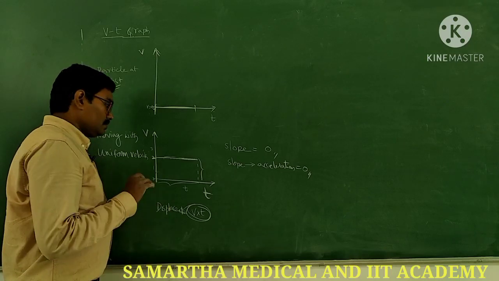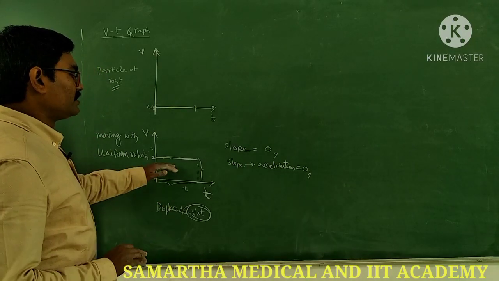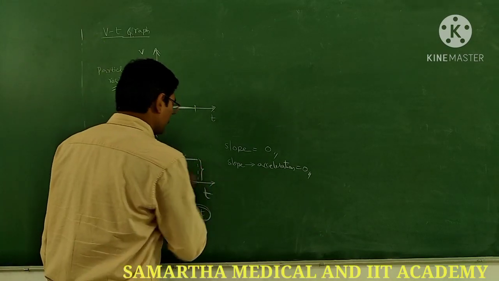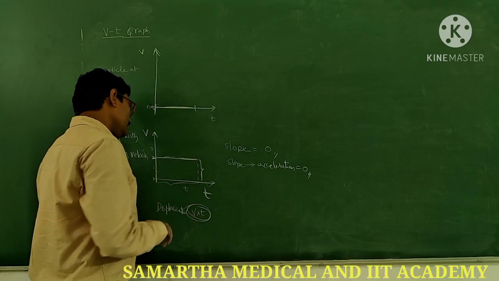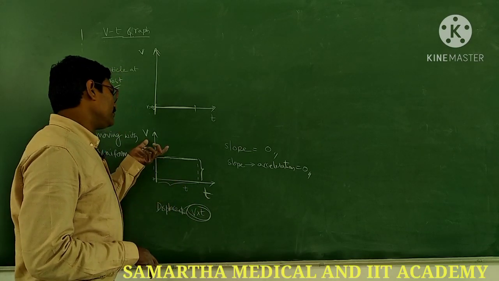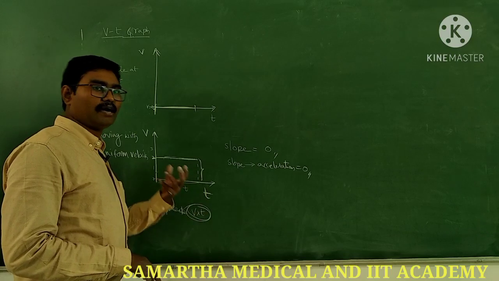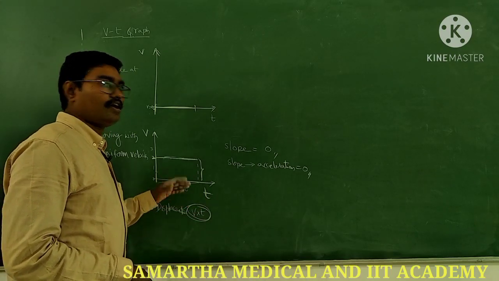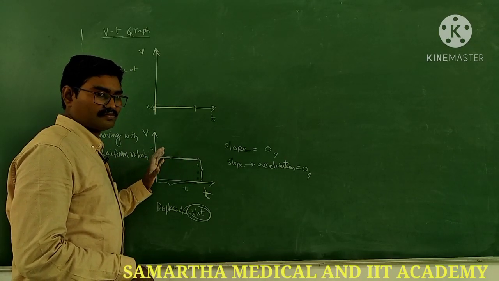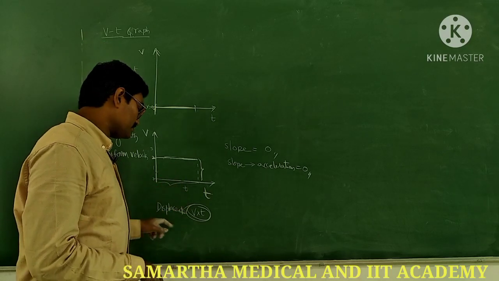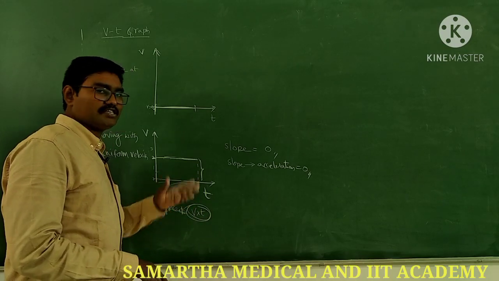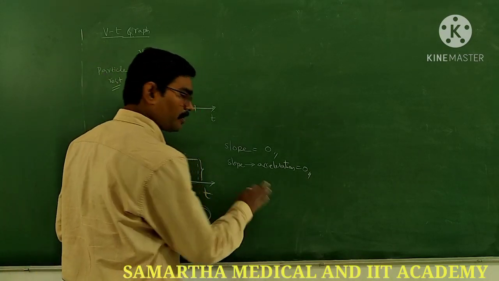Okay. Next, whether the area is positive or negative, you will come to know while solving problems. Even distance you can calculate. If a particle is going along a straight line, both distance and displacement are equal. So in this case, the velocity time graph gives you distance also. Magnitude of displacement gives distance for positive areas. But this is not for all graphs, it depends on the graph. We will see while solving the problems.